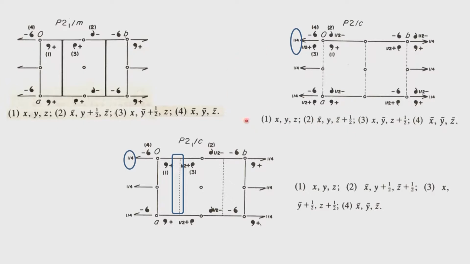Now if you look at this point x y z and see how point 3 gets generated, the point 3 is now a mirror symmetry operation, and it is not just a mirror symmetry, we see that there is a translation of half involved in this, and so you see x y bar half plus z, the C glide translation symmetry is added on here, and so you get this presence of the C glide. If you just look at these two, it represents straight away the C glide symmetry elements. And then of course because of the fact that it is a 2 by m point group symmetry, P2 by C will also have x y z and x bar y bar z bar, the center of symmetry.